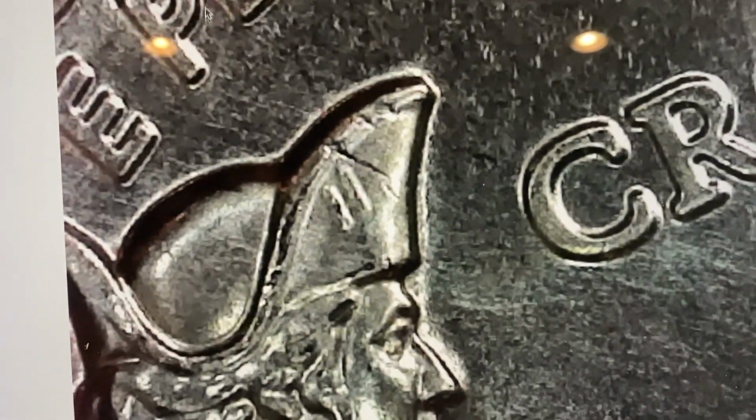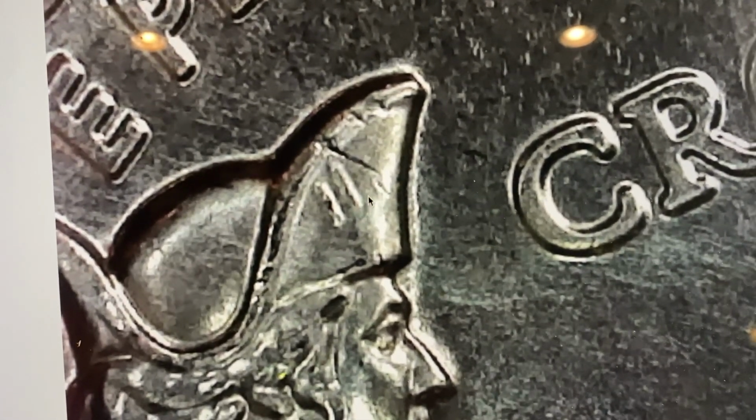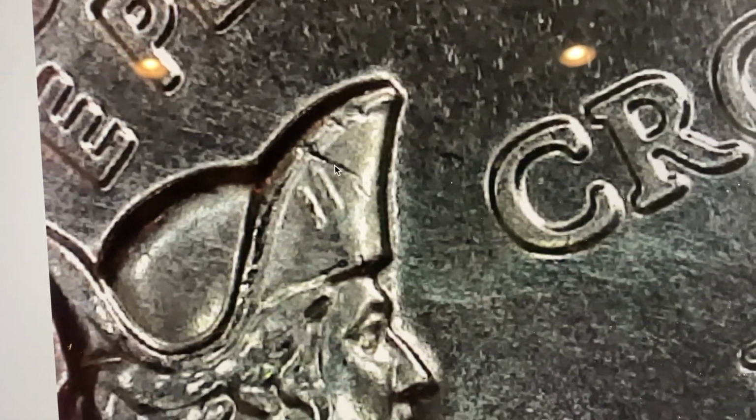This one could, I guess, be post-mint damage, but it was in a real similar spot. And you'll notice here we don't have the big line. So I'm not sure. I'm going to set these two aside as die cracks, and we'll move on to roll